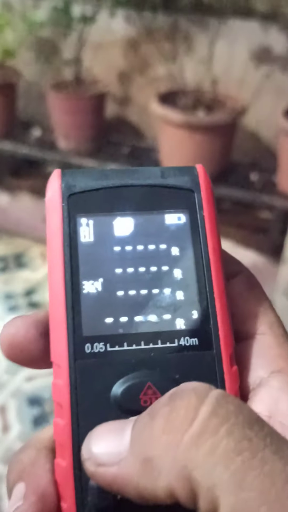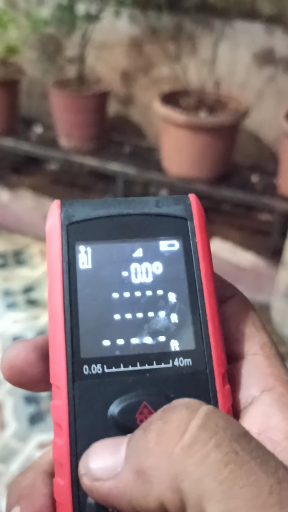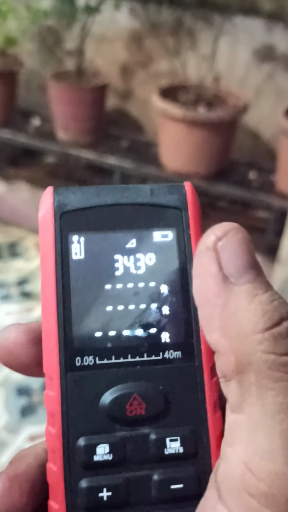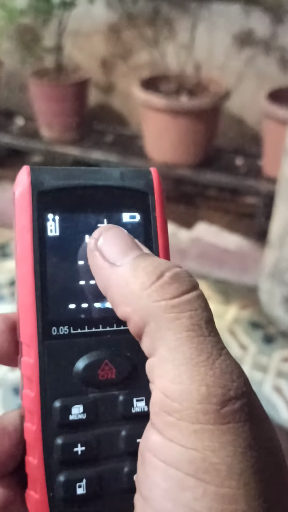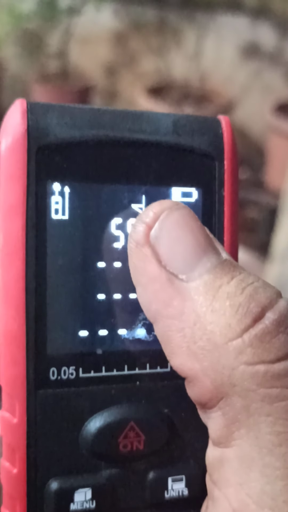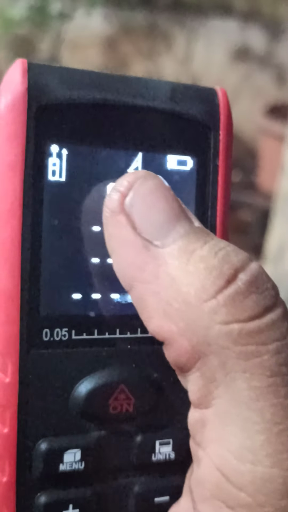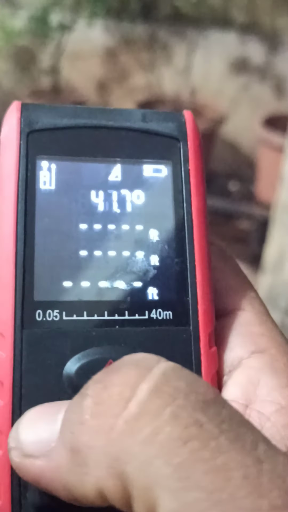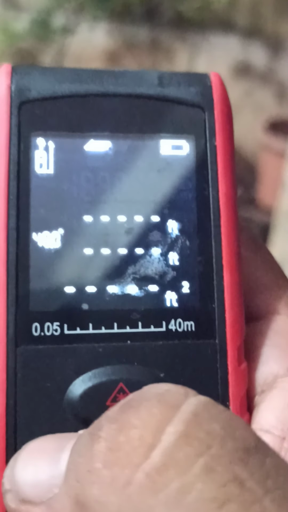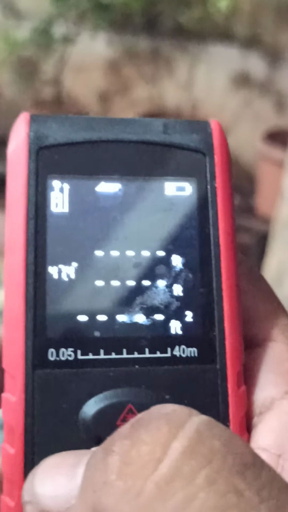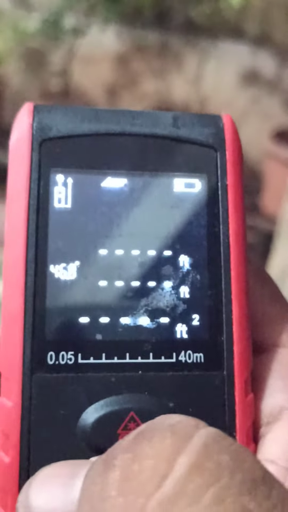Now I'll go to the option, and see, as I press this button multiple times, if you can see at the top, it is telling me different menus are there. So I press this. Now basically a triangular menu comes, or a double triangle menu comes, which I don't know, and this is a different kind of a triangle which I don't know, but it's a rotating menu, so it will come back to the first option. It's a rotating menu because there's only one button. If there were two buttons like left arrow and right arrow, you would not have a rotating menu. You would have a simple menu.